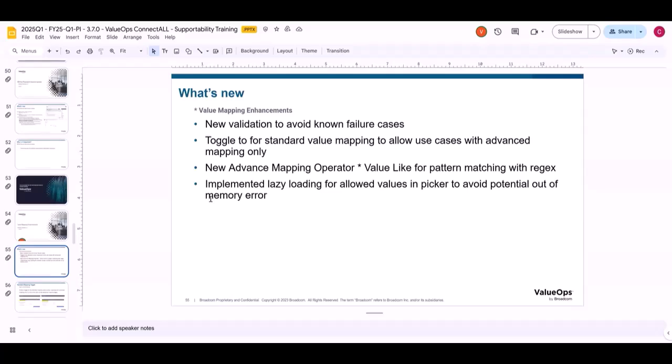We added a toggle to allow standard value mapping to turn off standard value mapping when a use case only needs advanced value mapping. Previously, this had to be deleted every time you opened the automation, or it could introduce a bad mapping row. But now that can just be toggled on and off, like we do with the advanced